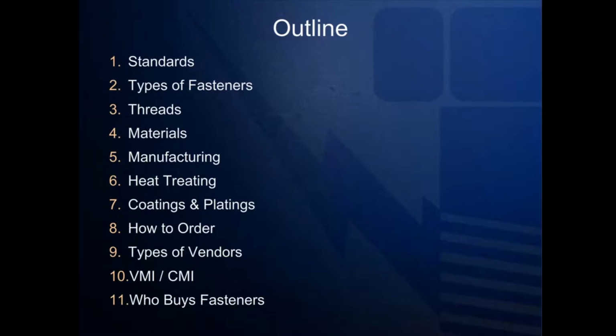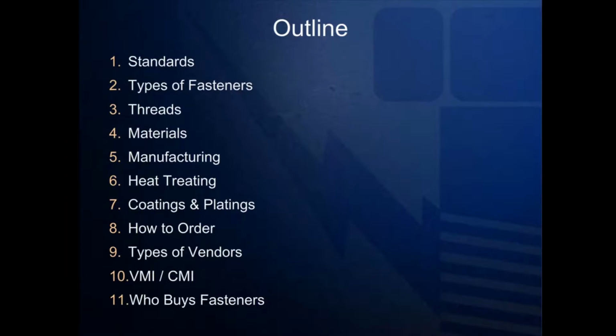We will also cover fastener manufacturing, heat treating, as well as the common corrosion-resistant coatings and platings. Lastly, we will discuss how to properly order fasteners and the different types of vendors. In addition, we will explain the differences in VMI and CMI and give an overview of the different types of